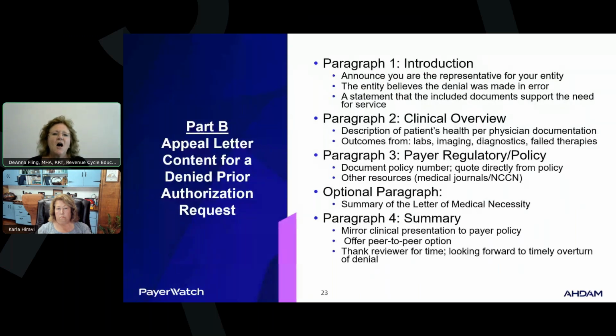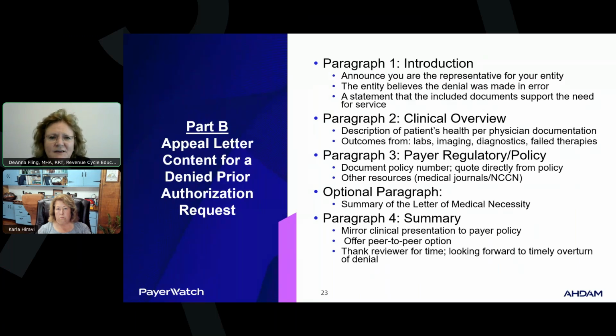Okay. So now that you've researched the reason behind the denial of the prior auth request, are you ready to draft an appeal letter? This is my format for Part B appeals. I always like to start my letters with an introductory paragraph. You're making a statement that your organization believes that the insurer erred in its judgment to deny the prior auth request, and that all the documents within the request pertaining to the need for the service is warranted under the